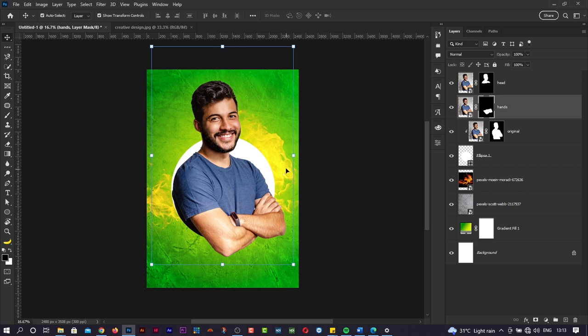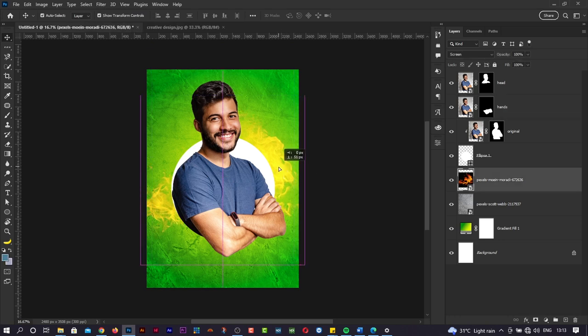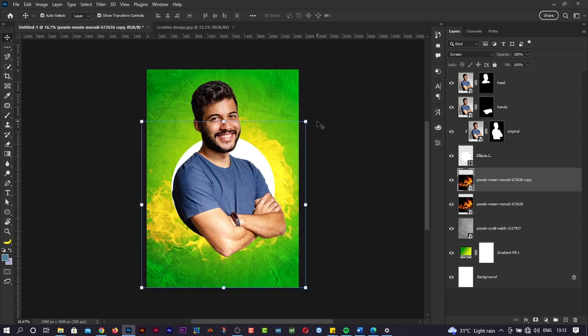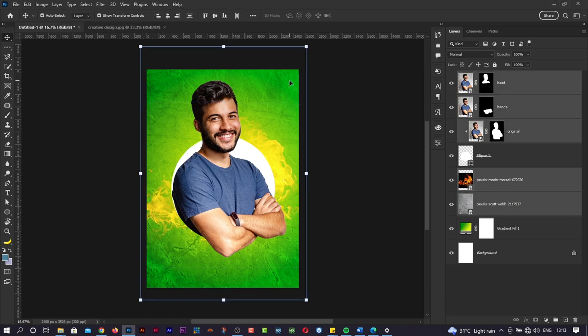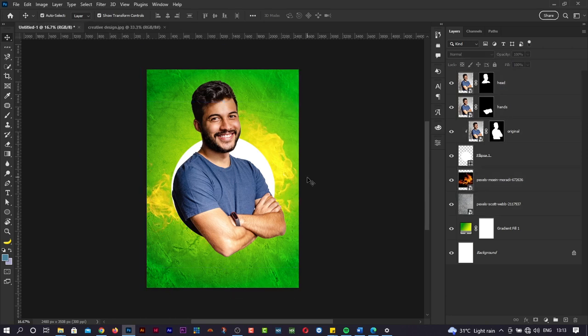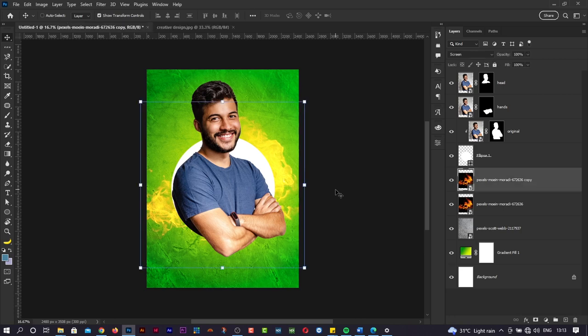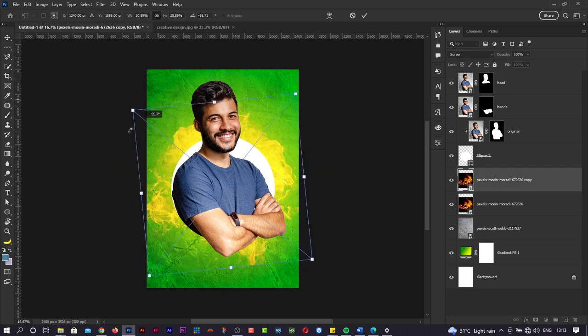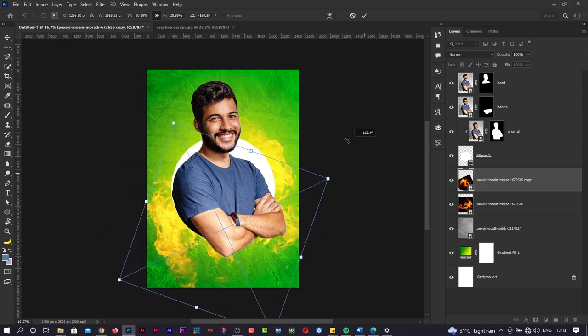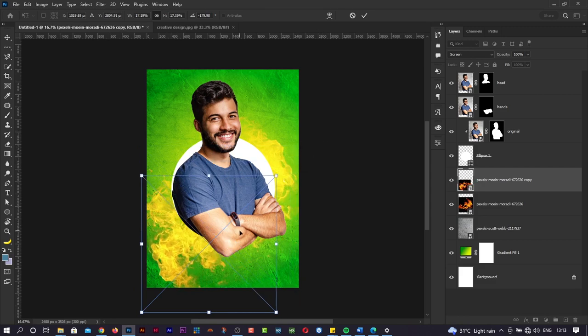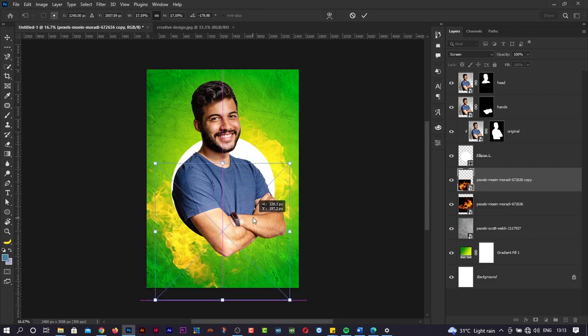So I can decide to take this a little bit further by duplicating this fire image here. So Ctrl J on the keyboard, and I can rotate it. Okay, so click on this one, point here, and I can rotate this second copy like this. And I can drop it a little bit, something like this, right? And I can add a stroke to this